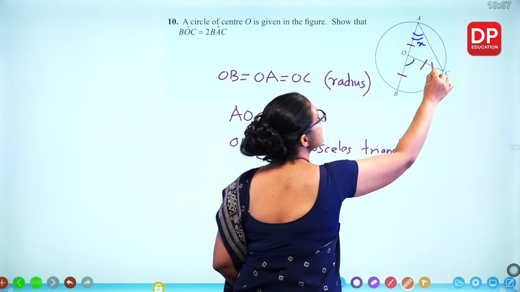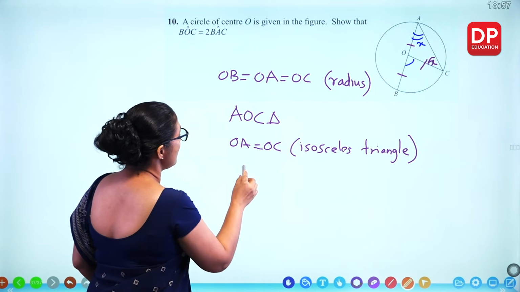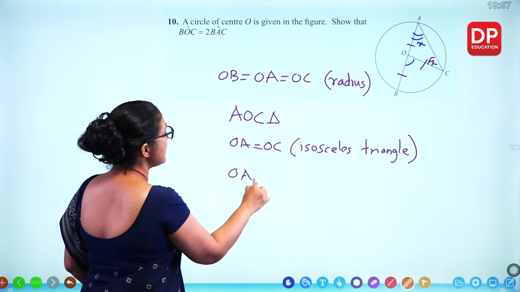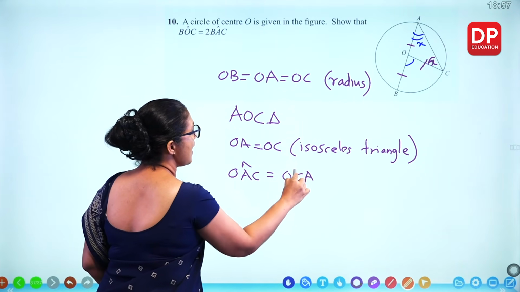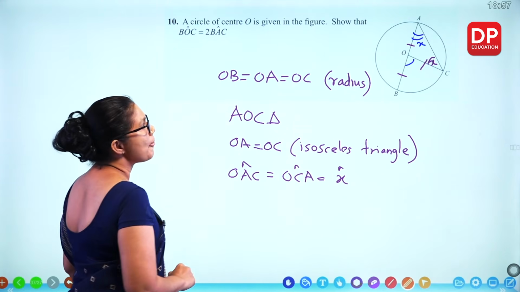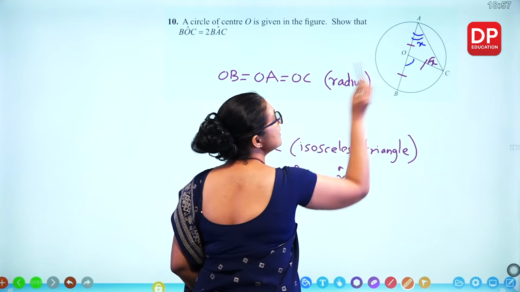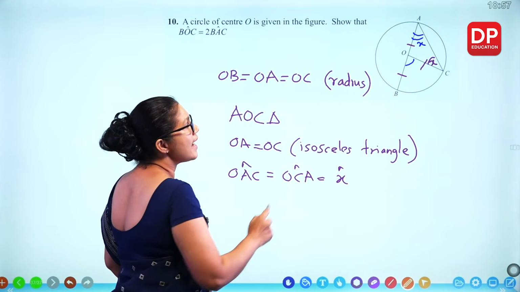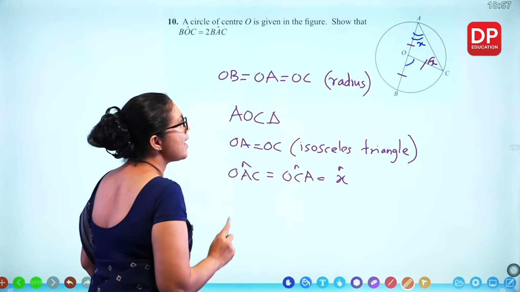If this is X, I can write this is X. So I can write OAC angle is equal to OCA angle, that I marked as X. Now look carefully. What is this angle? This angle is the exterior angle to AOC triangle. So I can write